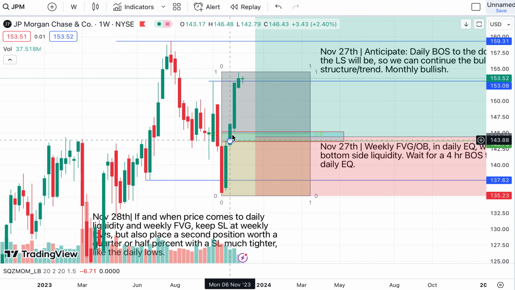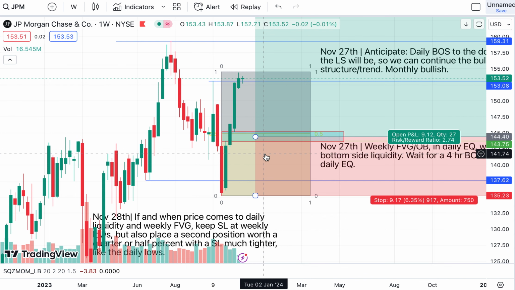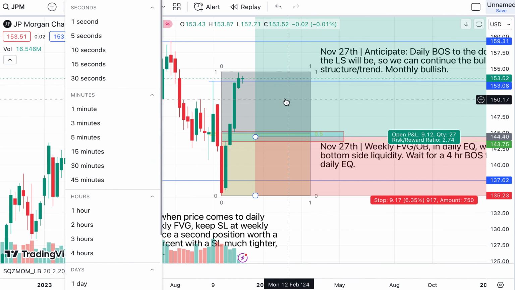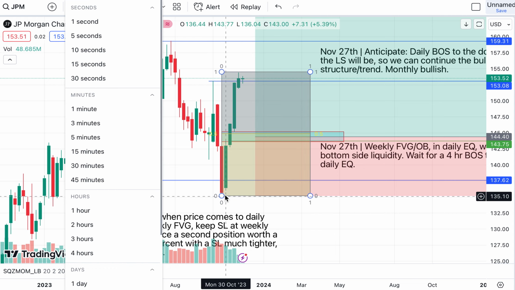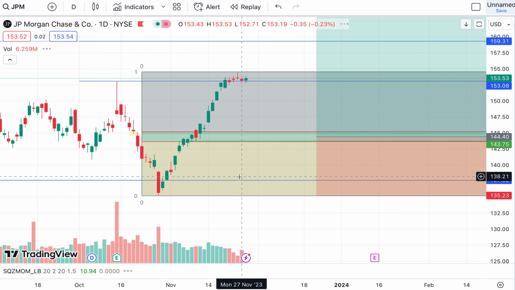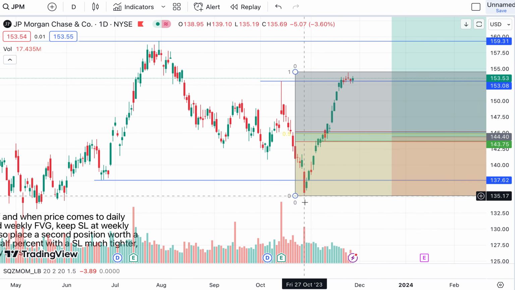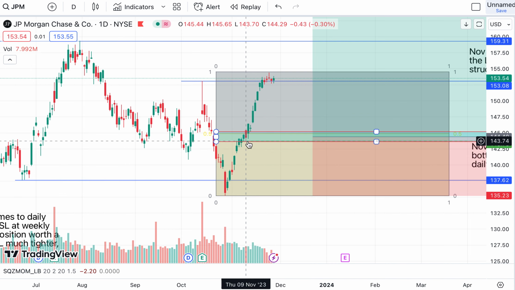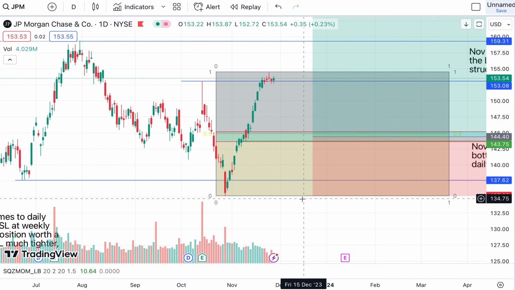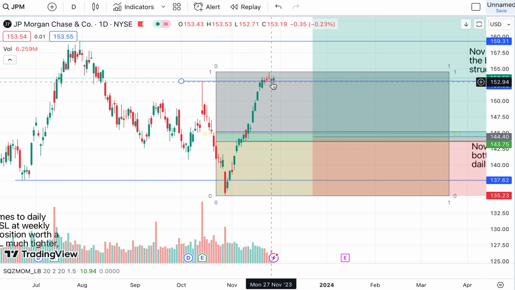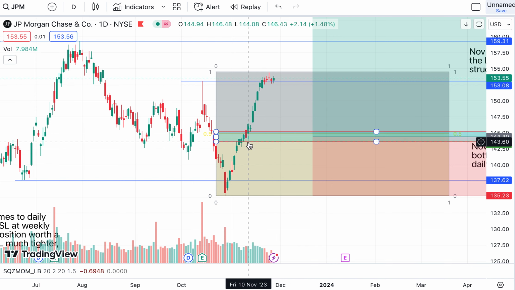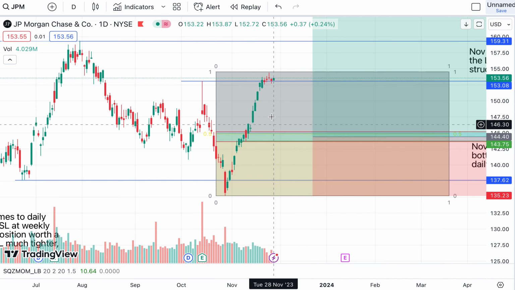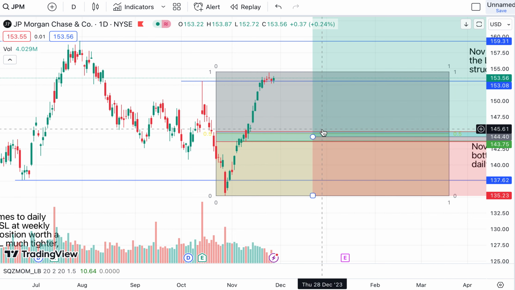However, I do see a weekly fair value gap here. Now, it's also within equilibrium on the daily, so let's switch over to daily. We got this nice move from here to here in equilibrium, and we also have liquidity down here. So my best guess or application of this concept would be that now I want to anticipate a break of structure to the downside, sweep this liquidity within equilibrium and the weekly fair value gap, and in a perfect world,